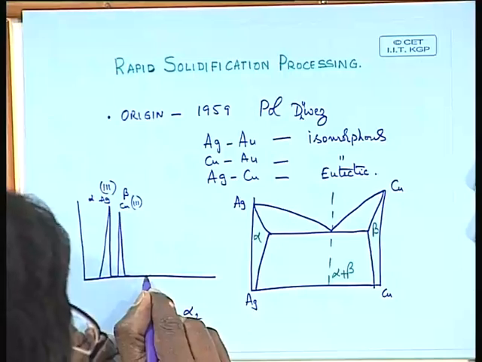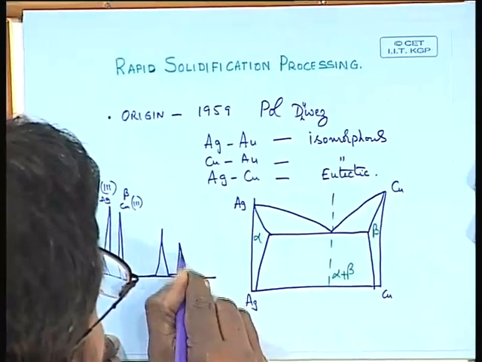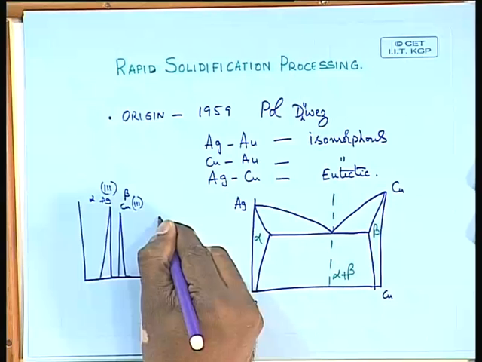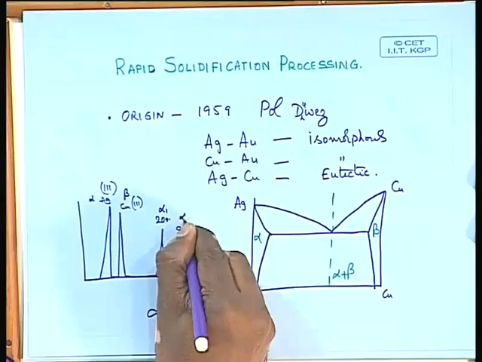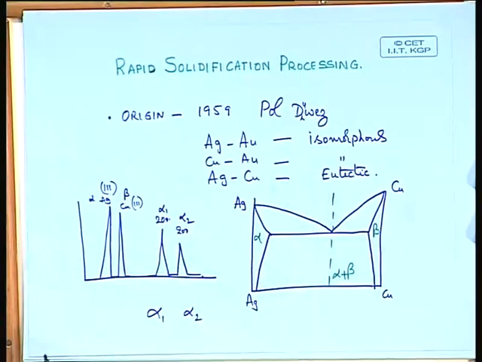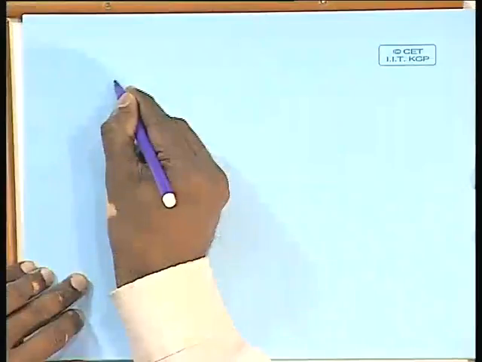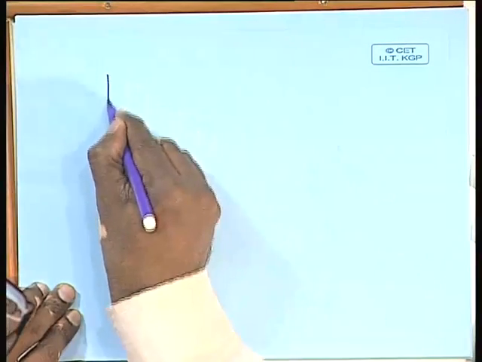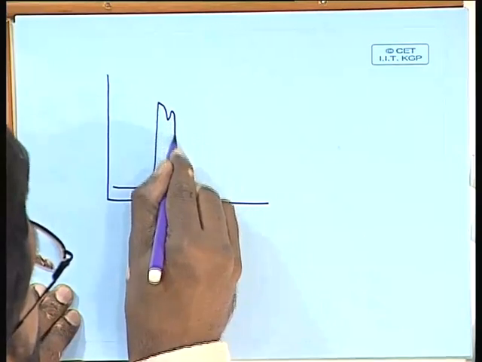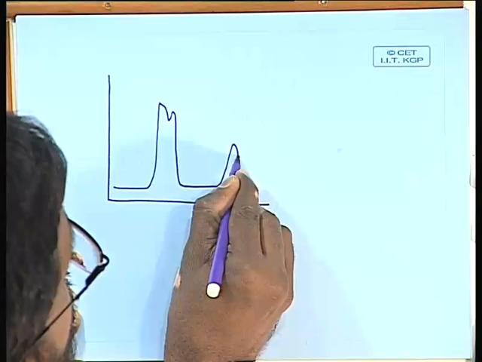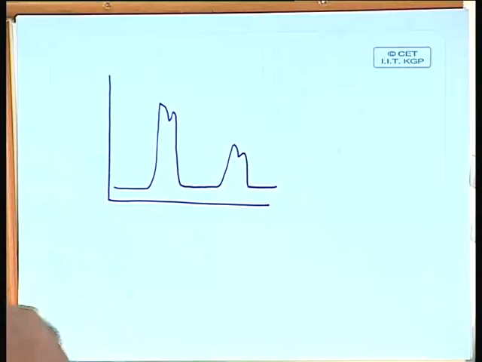and then you will have the 200 peaks, again one 200 peak of alpha 1 and one 200 peak of alpha 2, and so on. And if the lattice parameter difference between these two is very close, then instead of two peaks like that, you will see this kind of nature. You will see a shoulder in each peak,